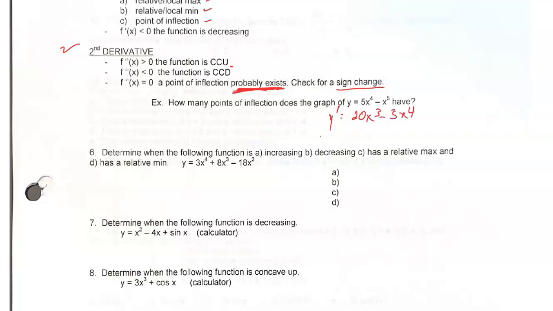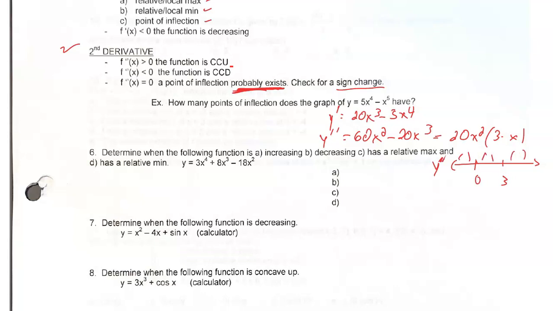If we want a point of inflection, we would go to our second derivative, factor that, pull out 20x squared, be left with a 3 minus an x. And then when we test that, we need to make sure that we are getting a sign change. So 0 and 3 would be our critical points. That's what we're testing with our second derivative here. But when we do our sign change and we test all of these, what you would find is we'd be positive to the left of the 0, positive to the right of 0. We would be negative to